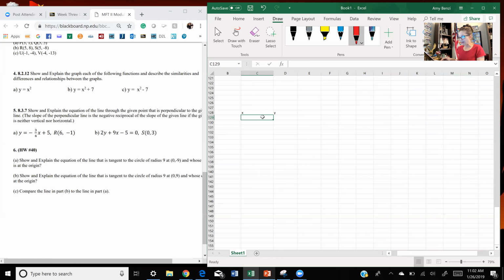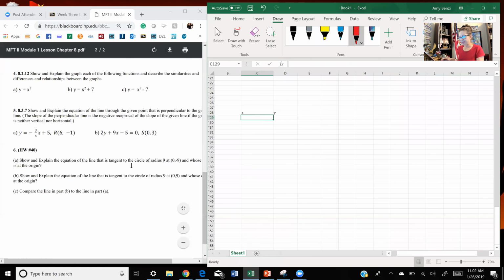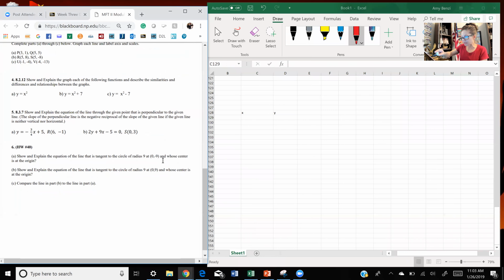So my X values here, let's think about this circle. Let's get back over here. Remember, here I have a radius of 9, and the circle, it says somewhere on this problem that the circle, whose center,